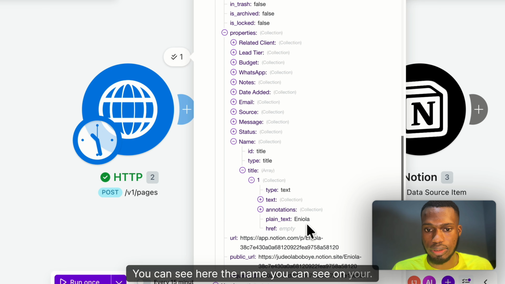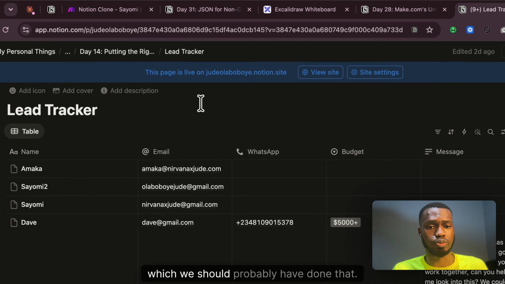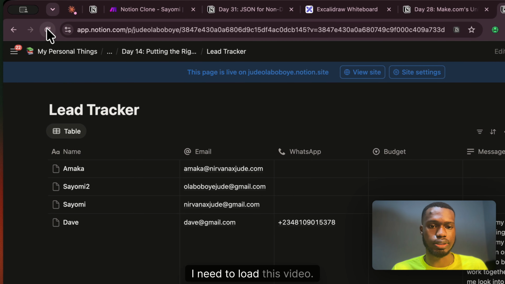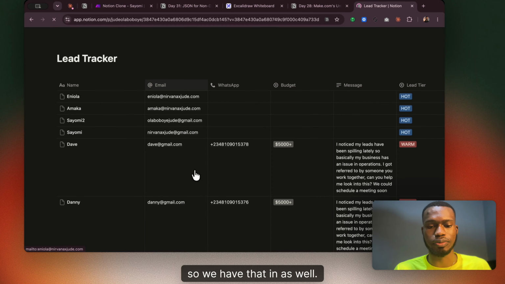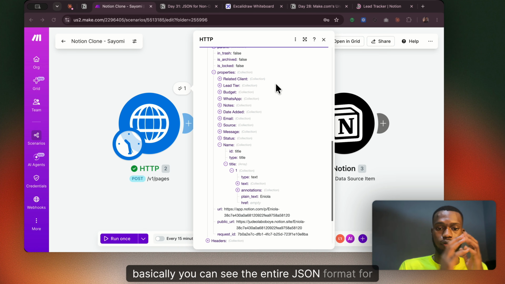The name, you can see Eniola, right? Let's see if it actually updated here, which we should probably have done. I need to reload this page again. So we have that in as well. Okay, so from what we can see here, basically we can see the entire JSON format, but this time around